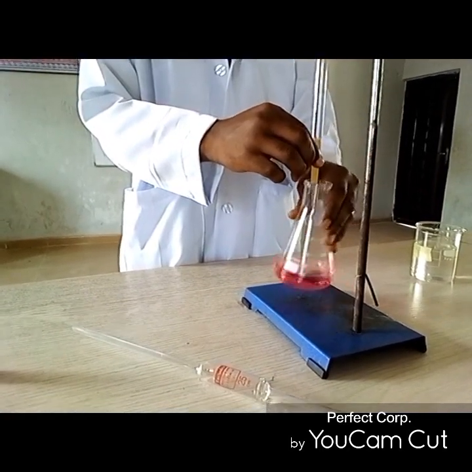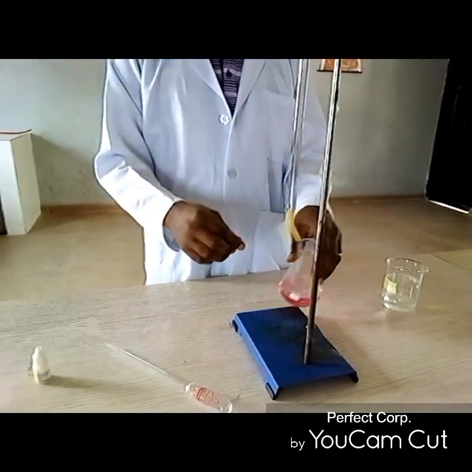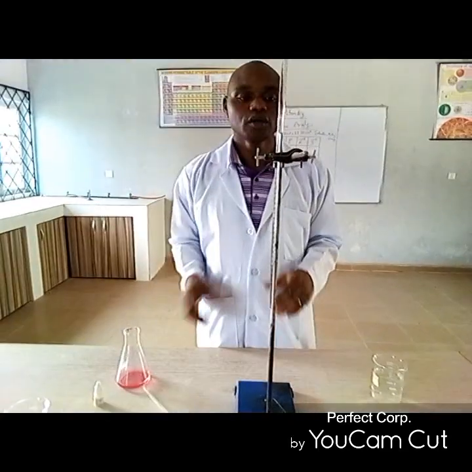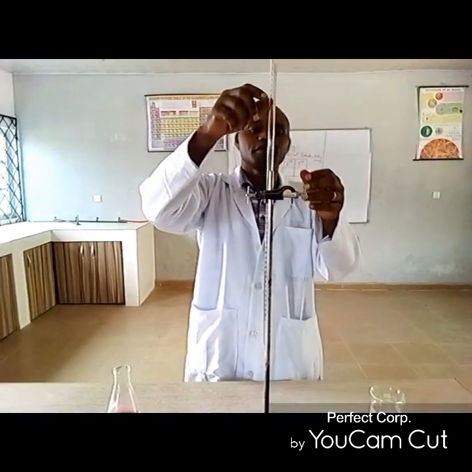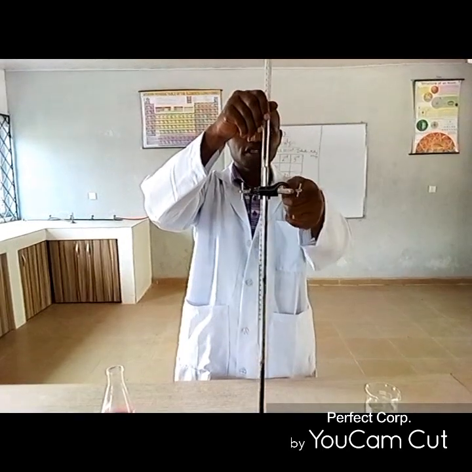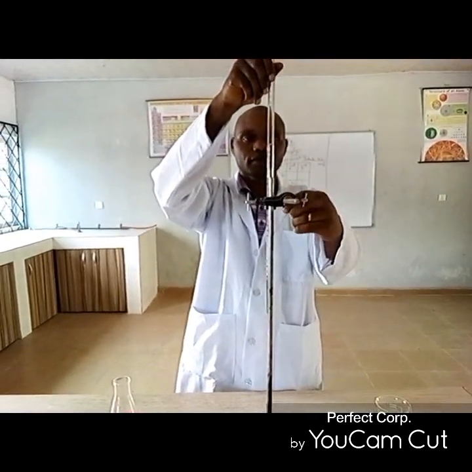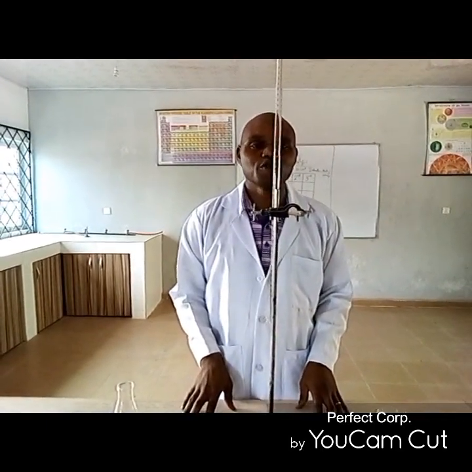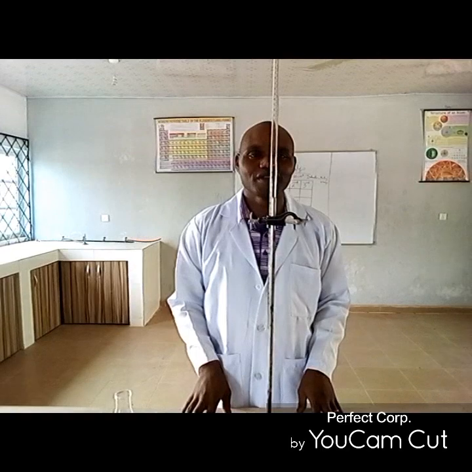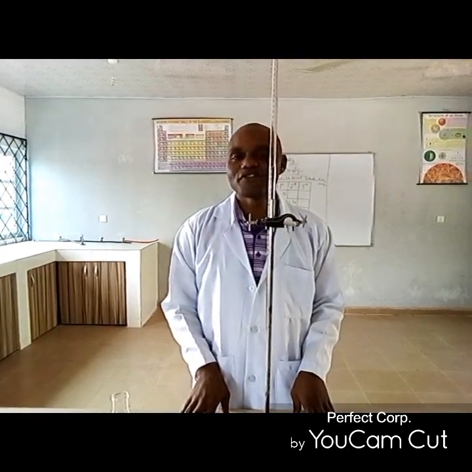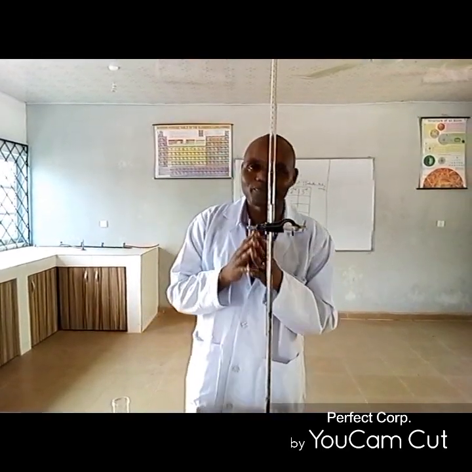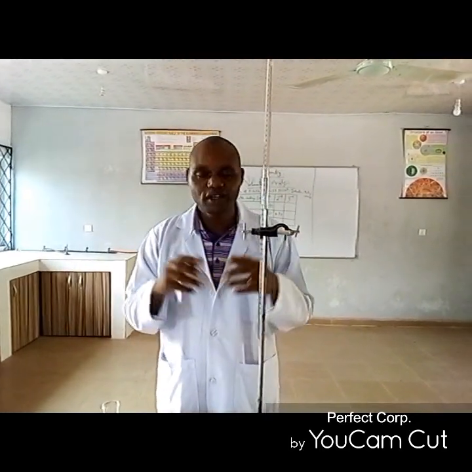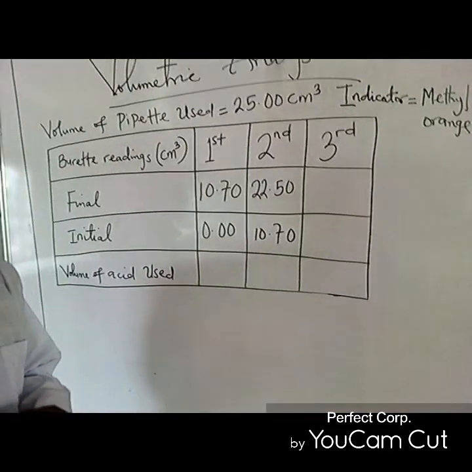I think the color change is here. Yes, it is the color change. Okay, now let me raise this up a little so that we can take the burette reading. So the burette reading here is 22.50. Always make sure your titre values are in 2 decimal places. 22.50. The third initial reading,